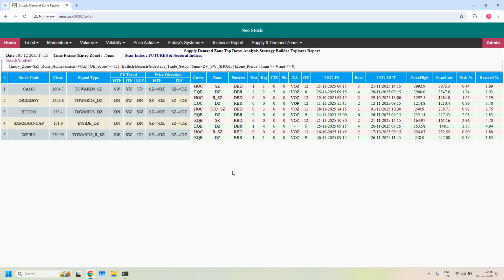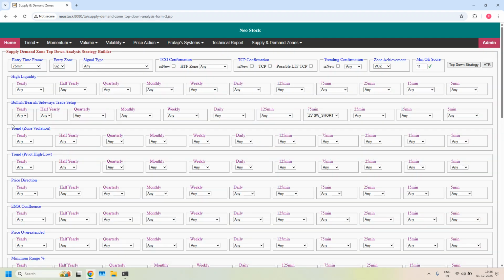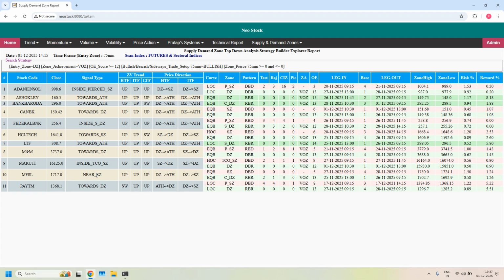Okay, next bullish trade setup for weekly income trade. Entry time frame is 75 minutes demand zone. Here bullish, and the minimum odd enhancer score should be 12. Let's filter. We got 11 stocks supporting bullish trade setup for weekly income trade, and all the entry time frame